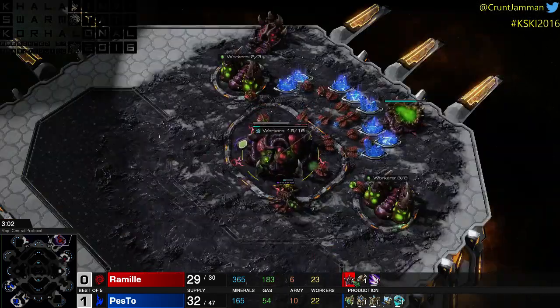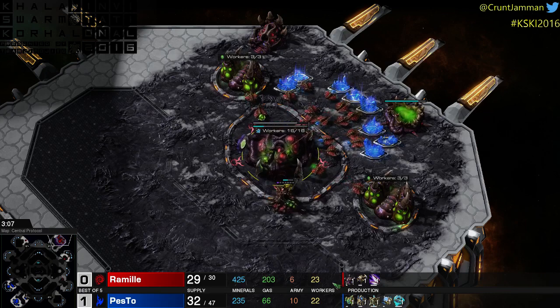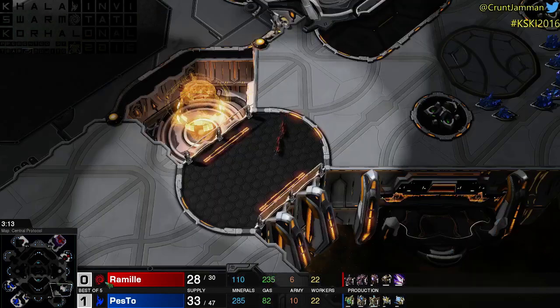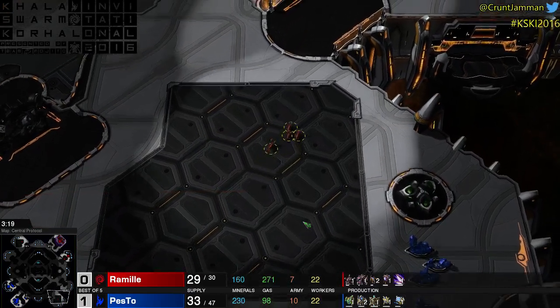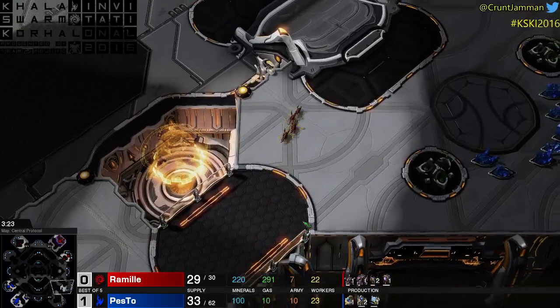Ooh, interesting. Lair tech. He's going straight up to Lair. Oh, so he's banking a lot of gas right now. He's getting the speed just for defensive purposes and getting an expansion, but I think what his plan of attack is to go up to mutas. We saw this on the Zerg vs. Zerg day on Thursday, the Group D that Ramille was in. If a player did this, opted for a lot of gas and got...